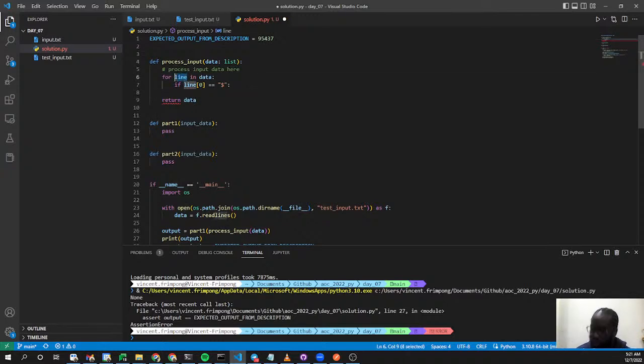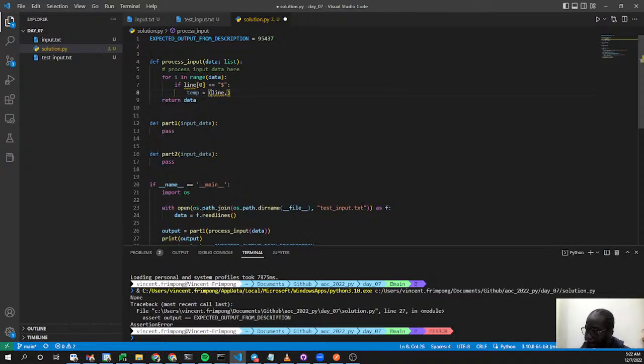I have an idea. For i in range, if the line is starting with this, then it means it's a command, right? And so we start a new command and output. I don't know what to call the variables. Let me call it var, which is going to be a tuple which contains the command itself,